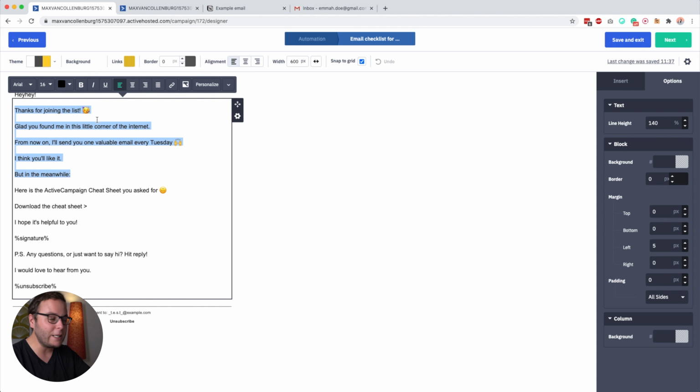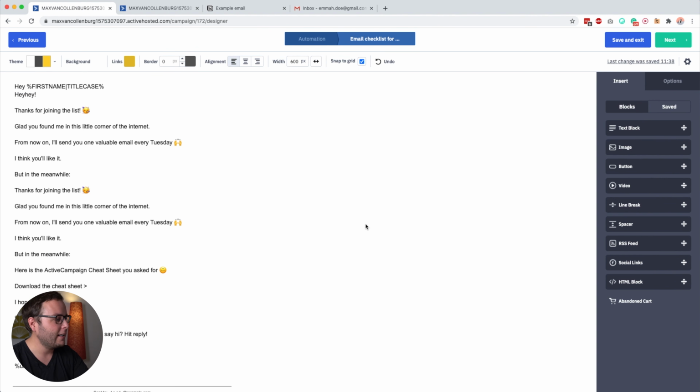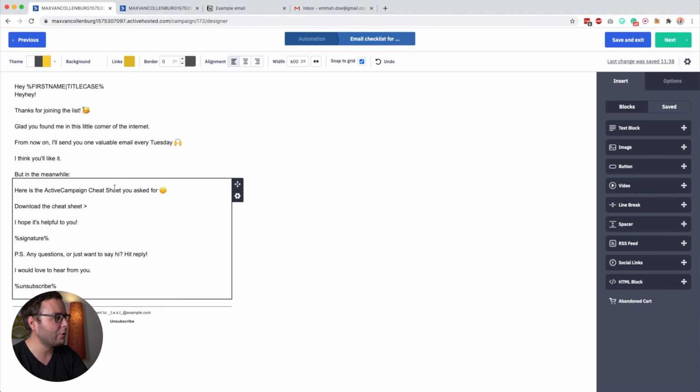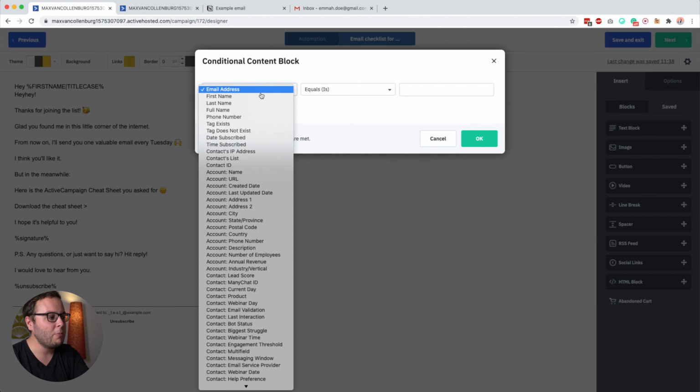So what we want to do is insert some conditional content for this. So we just copy this block, and then we delete this. And then we go up here, and we also have a separate block for this. And we also want to set conditional content for that. So we want to check if a subscriber just joined the list. Now, how do we do that? We want to set up conditional content, but unfortunately, it's not so easy to check here if someone just got on the list very recently.